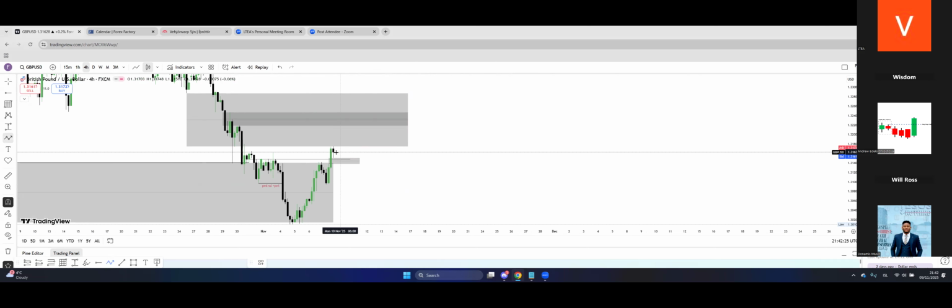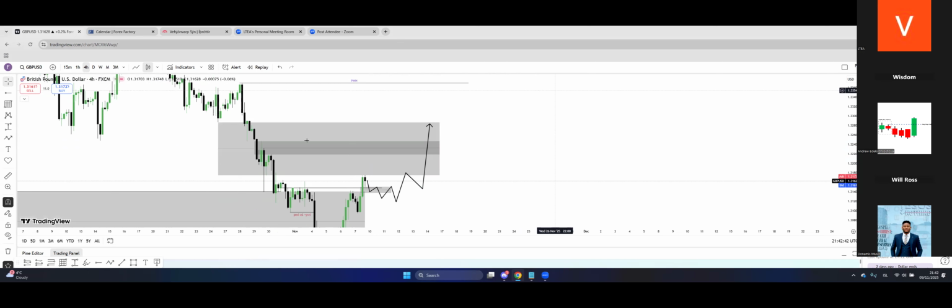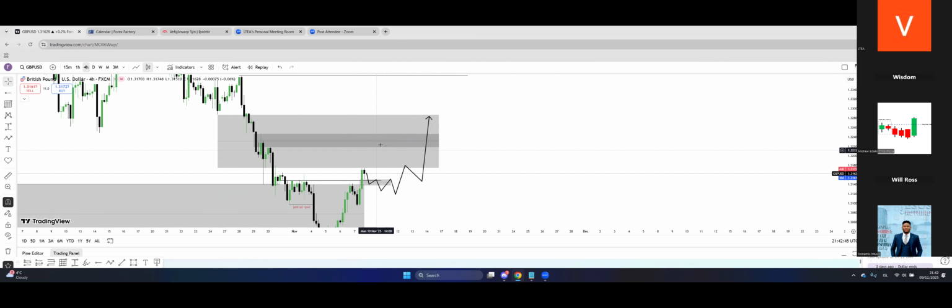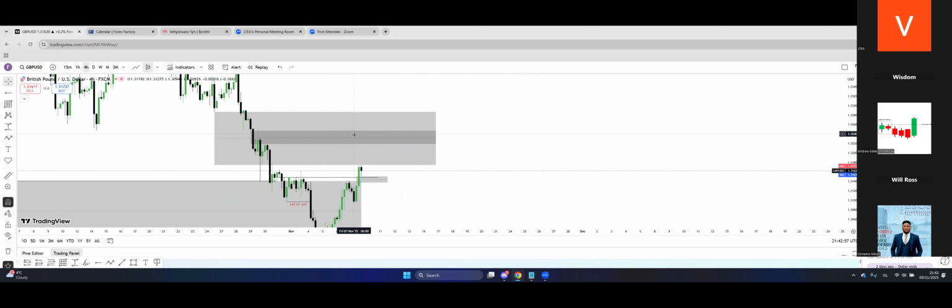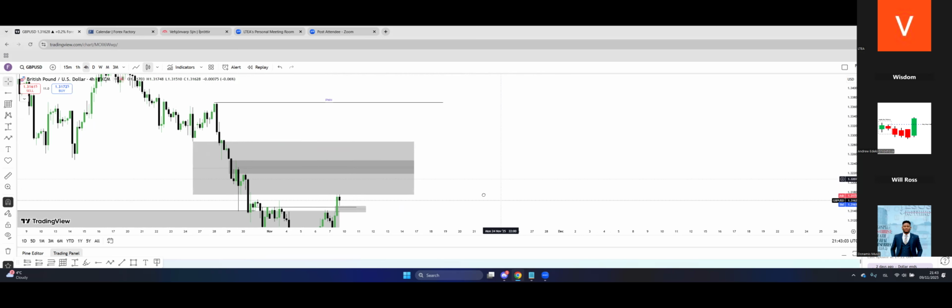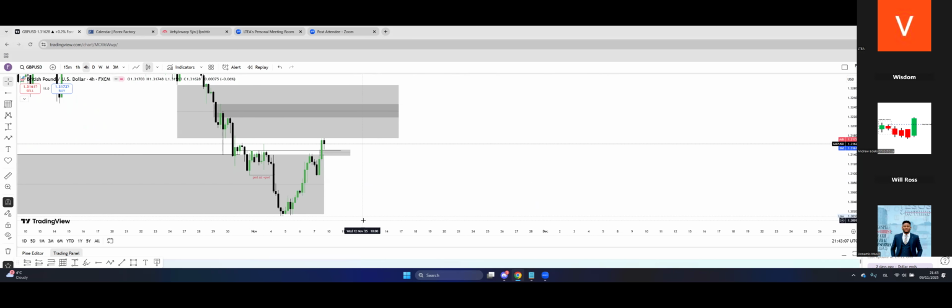Price is going to start, I don't know, probably selling or go straight up. It doesn't matter. If price is coming down, depending on where it reaches and depending on the session, if you see a shift in market structure, then you know price is now going higher, whether to this inefficiency or the high. We will definitely know around here. Like I keep saying, you don't need to worry about anything. Just wait for price to get there, at least to the closest point of interest that you know of right now, which is this area, this inefficiency that needs to be rebalanced. So from here, then we can decide if we want to go higher or go lower. It's simple.